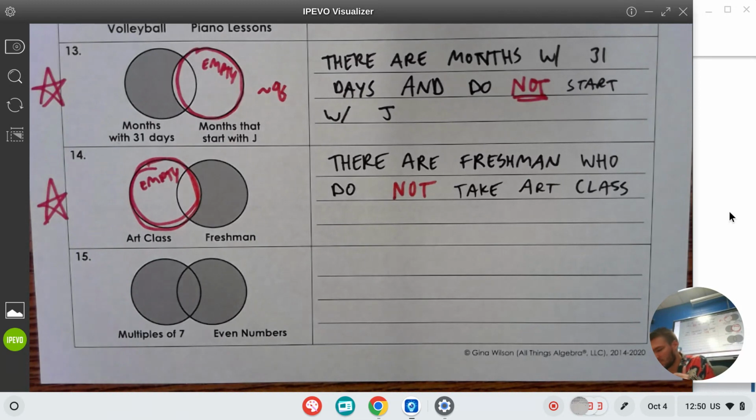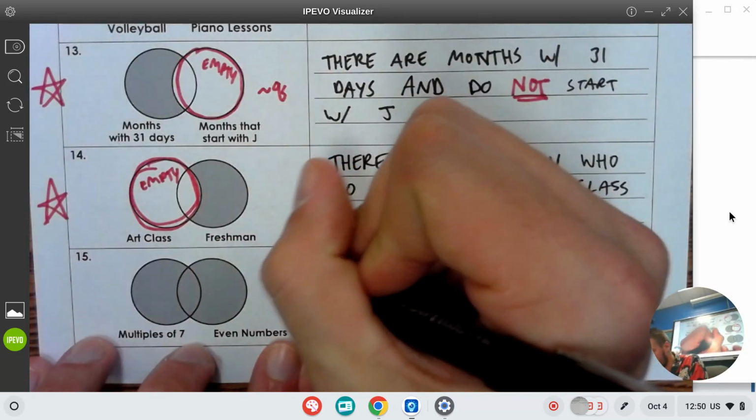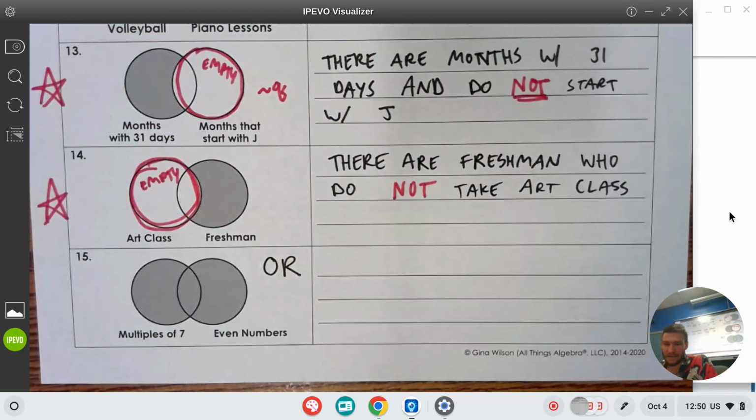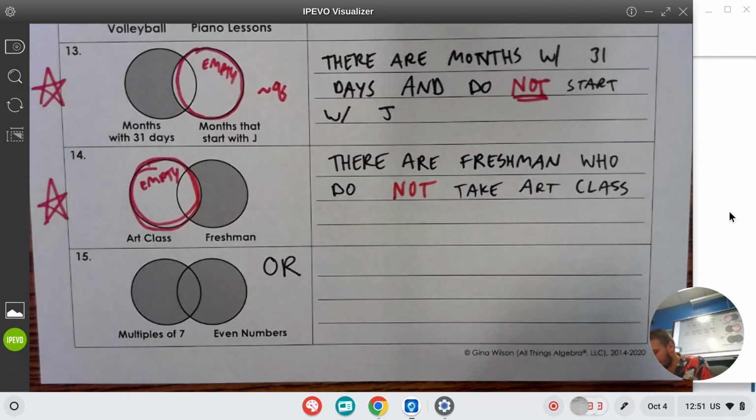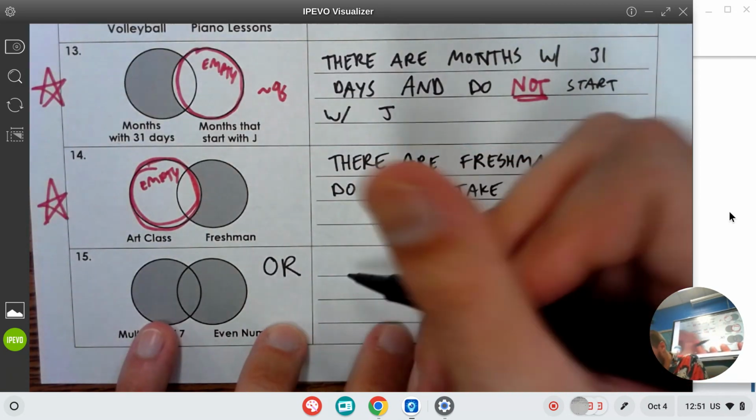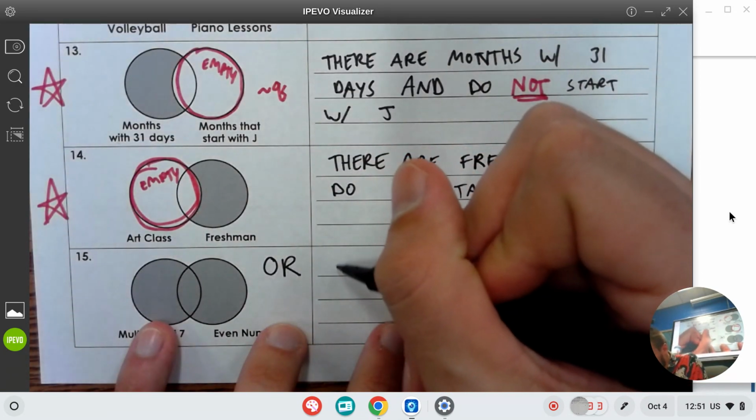Nope. Got a little off screen there. Last one. We got it all filled in. We're not being picky at all. Everybody wins. Participation trophies for people in all three categories. This is a nice, easy or statement. Nice, easy or. Everybody wins. We're not being picky at all. So we just need to say left or right, okay? On the left, it says multiples of 7, so we can say, you know,